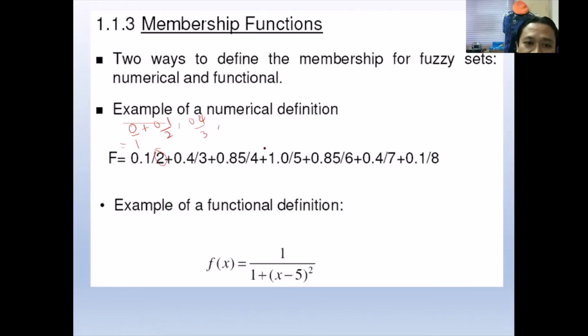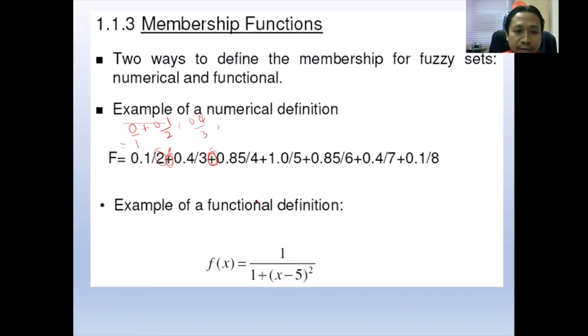So this one we call the numerical. Please make sure the add is for the symbol, it's not for an operation. It's a simple mistake that previous students made, they add this. For example, 0.1 plus 0.4 plus 0, no, that is for the sequence. This one for numerical is just for the symbol. Maybe you can put a comma or semicolon, up to you, whichever you are familiar with. Normally some examples use the add, but this is for the symbol, not for the add operation.